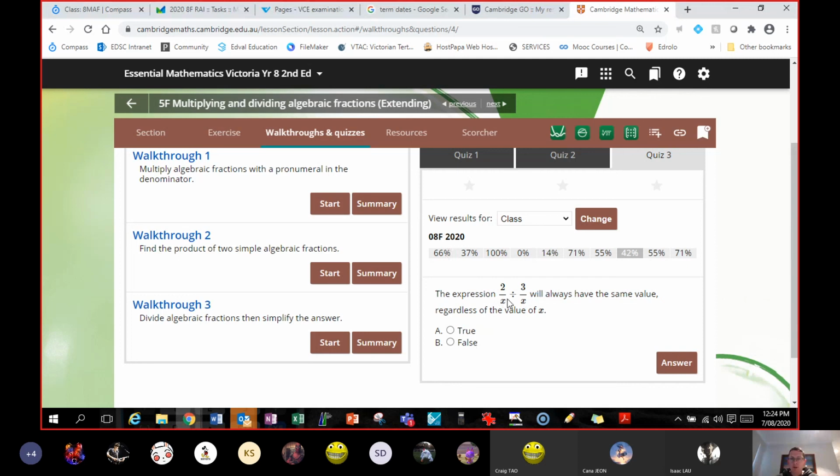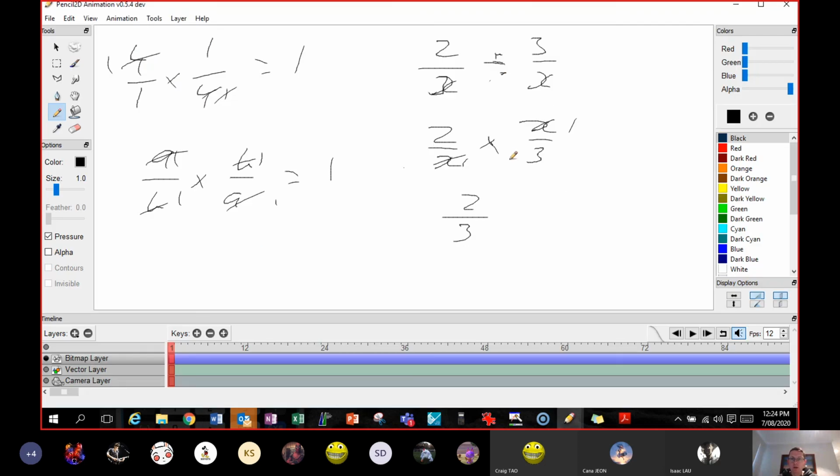The expression of this will always have the same value regardless of the value of x. Well, it will, because the x's cancel each other out. It doesn't matter if this is a 6 and that's a 6, they're going to cancel each other out. It doesn't matter if this is a 5 and a 5, they're going to cancel it out. Because at the end of the day,